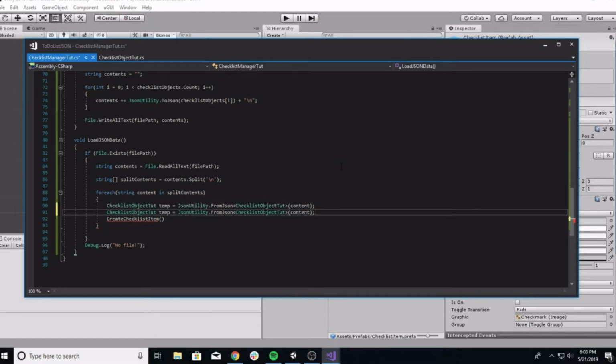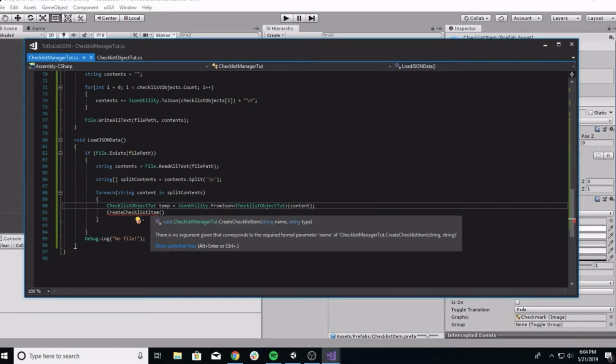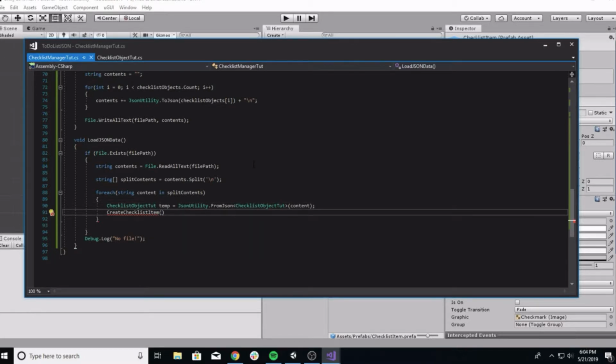Great. So this line is going to turn one JSON object back into a checklist object. And then now using that checklist object, I can say temp.name,